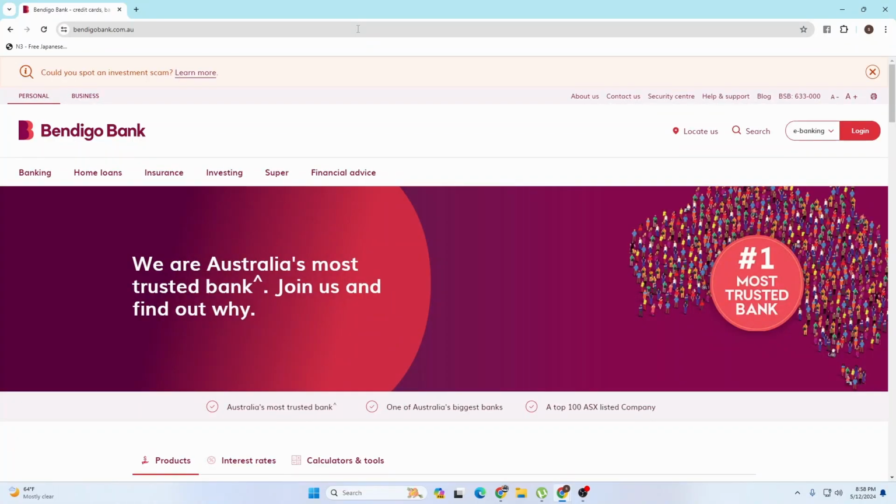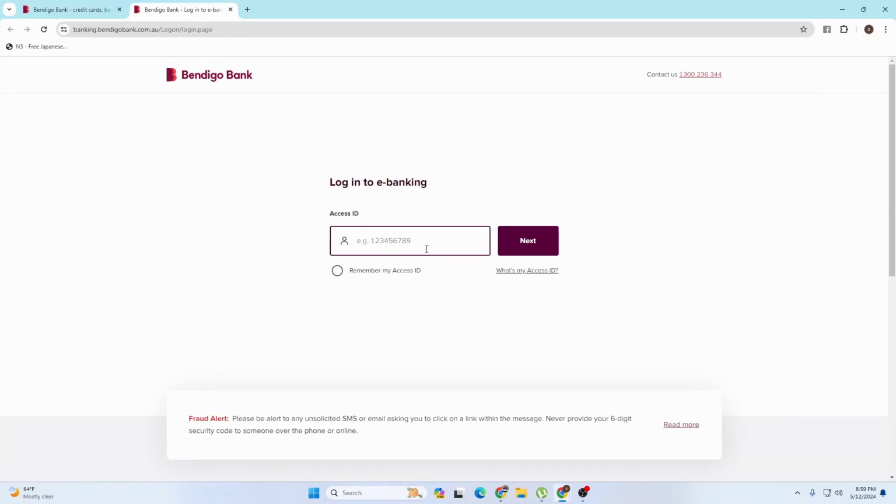And on this interface, guys, this is the home page of Bendigo Bank. Now to log into your account, at the top right corner of the screen you can see there is the login button available for us. Click on the login button over here, and on this interface, guys, enter your access ID, whichever it may be,